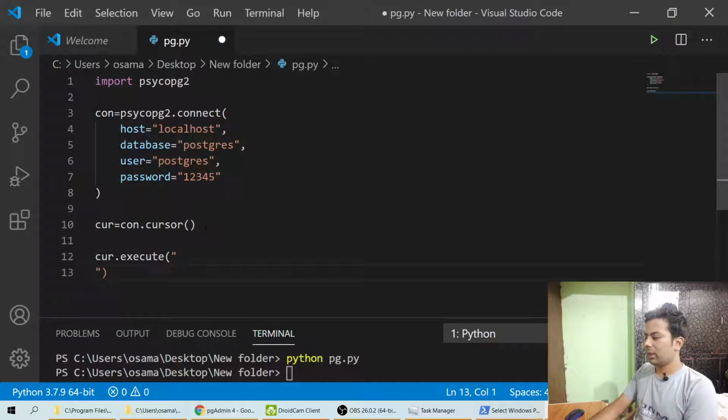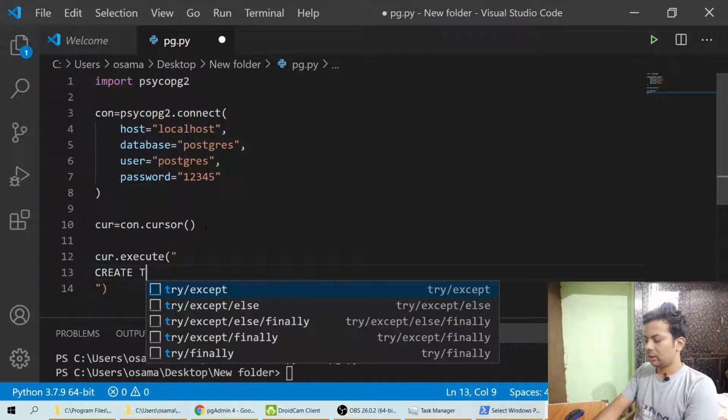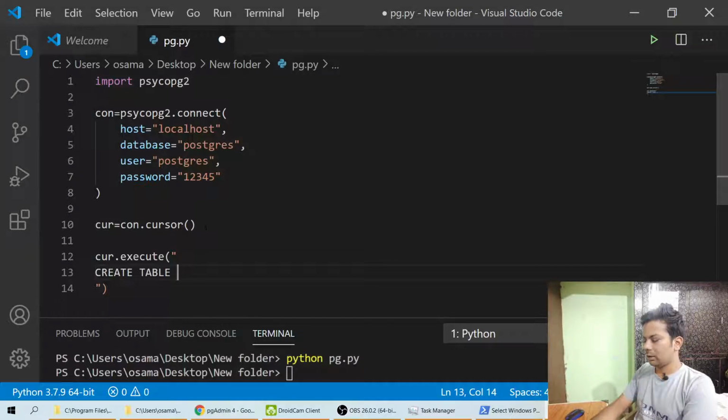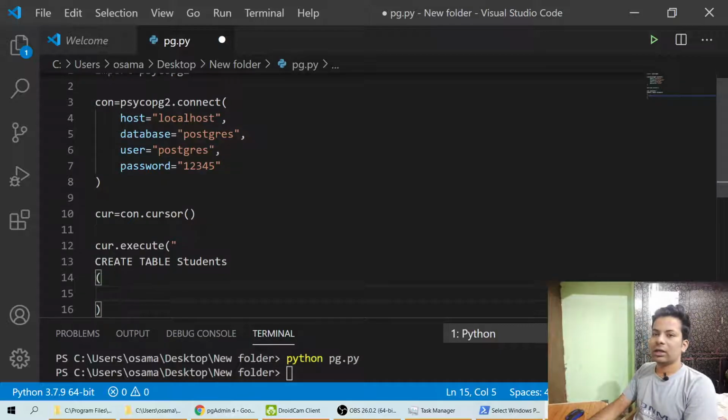Now here we'll make a table. Then we say create table students. Then we'll open bracket. Then we'll give the values of column names, ID name, and whatever you want to give as the column name.